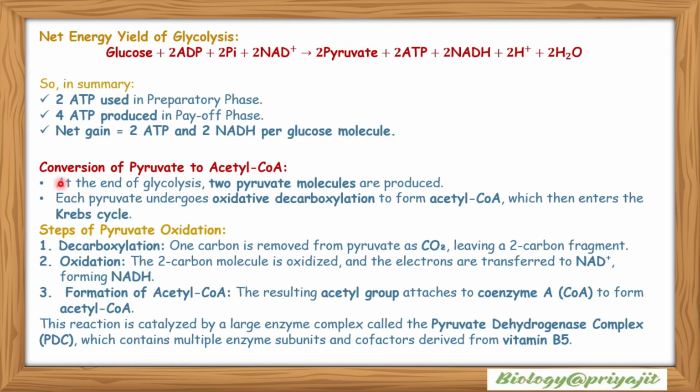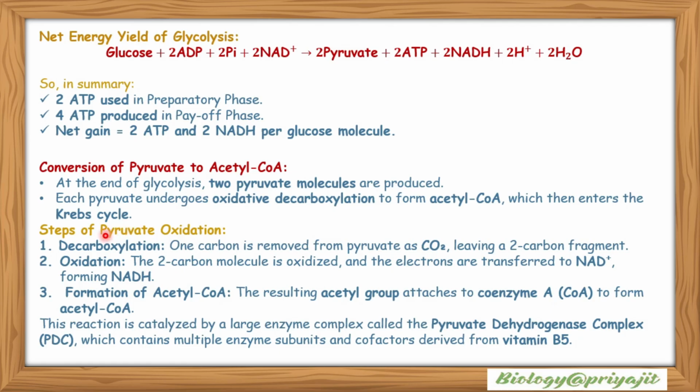So what is the next step after glycolysis? Conversion of pyruvate to acetyl-CoA. We know at the end of glycolysis, 2 pyruvate molecules are produced. Each pyruvate then undergoes oxidative decarboxylation to form acetyl-CoA. Pyruvate is a 3-carbon compound and acetyl-CoA is a 2-carbon compound. So 1 carbon dioxide molecule is removed, and then acetyl-CoA, the 2-carbon compound, enters